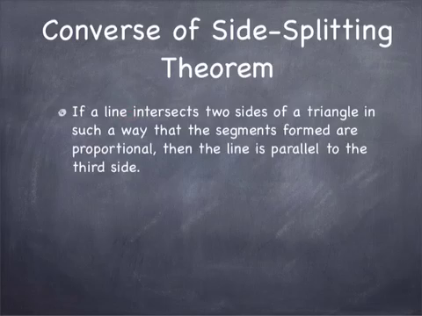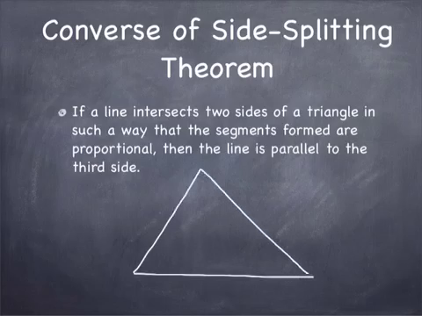I don't want you to spend a lot of time thinking about the difference between the converse of the side-splitting theorem and the regular side-splitting theorem. I just want you to know that it works both ways. So what this is really saying is if I have a triangle and I draw this line right through the middle, maybe not through the middle, but I draw it so that these side lengths come out proportional. Okay, so let's say, I don't know, maybe this is going to be 9,